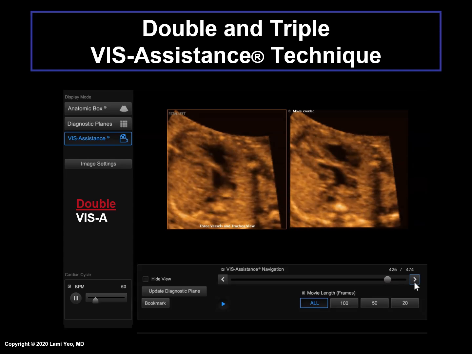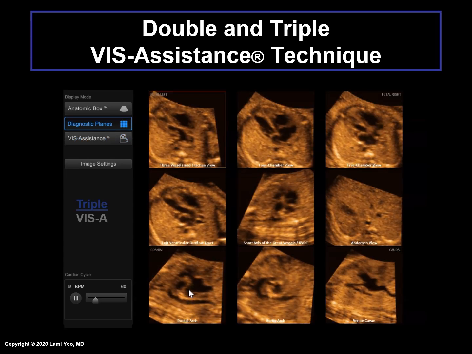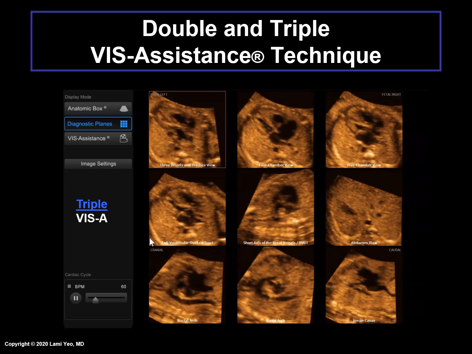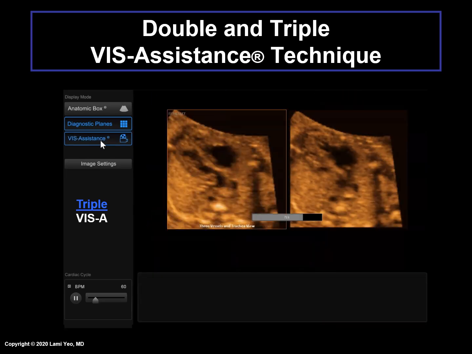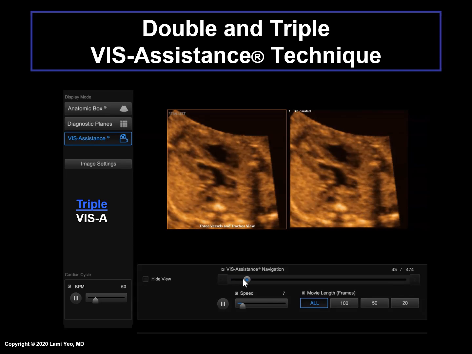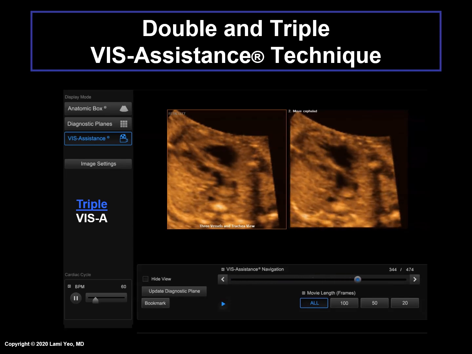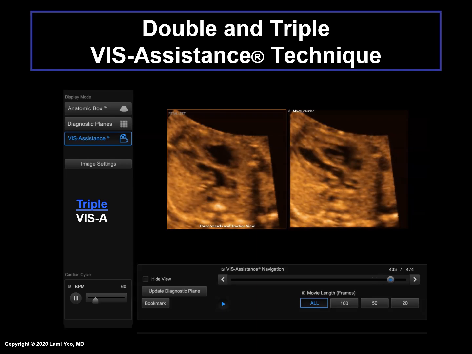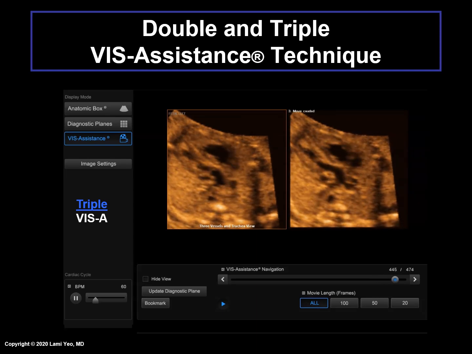To improve the image further and clean up the left ventricle, triple VISA is now activated. Through the VISA Assistance video clip, the pulmonary artery is clearly identified exiting from the left ventricle, thus confirming the diagnosis of transposition of the great vessels.